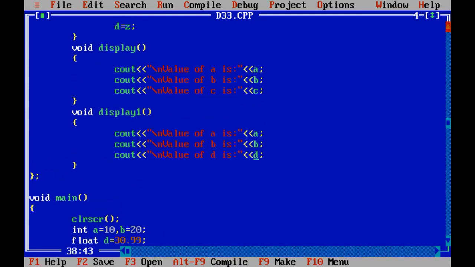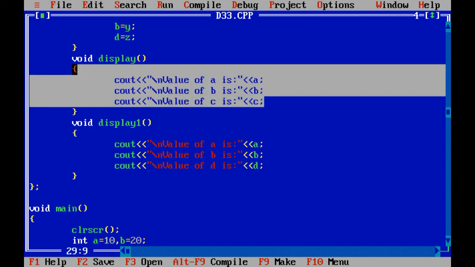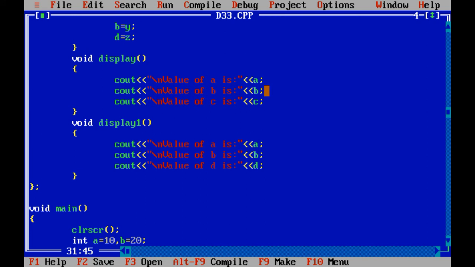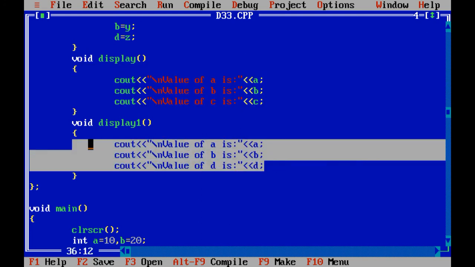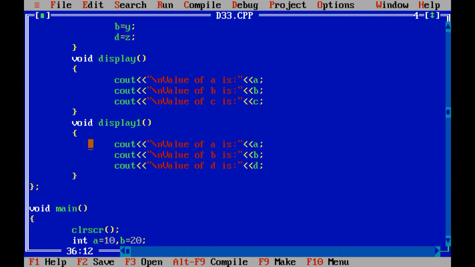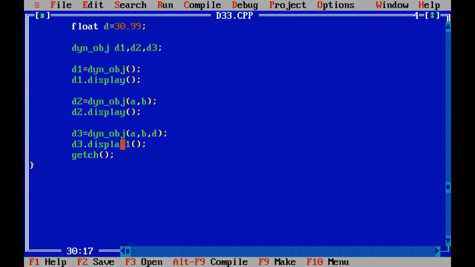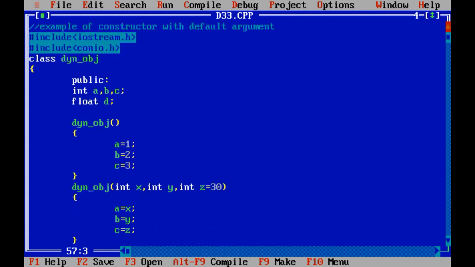The display function will print the values of a, b and c on the screen, and the display1 function will print the values of a, b and d. So over here we have called the function display1. So this is the concept of constructor with default argument or dynamic object.